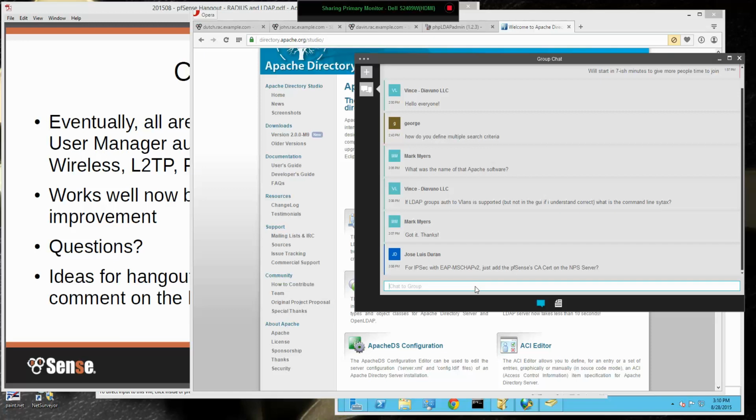For IPsec with EAP-MSCHAPv2, add the pfSense CA cert on the NPS server. It's not that that would be incorrect to do. The problem is at the moment, the way we write out these secrets for EAP-MSCHAPv2 in strongSwan, it does it directly into the keys. There's no mode indication where it should go back to RADIUS for that info. It needs some extra configuration love to tie that in a way where it will actually send that stuff back